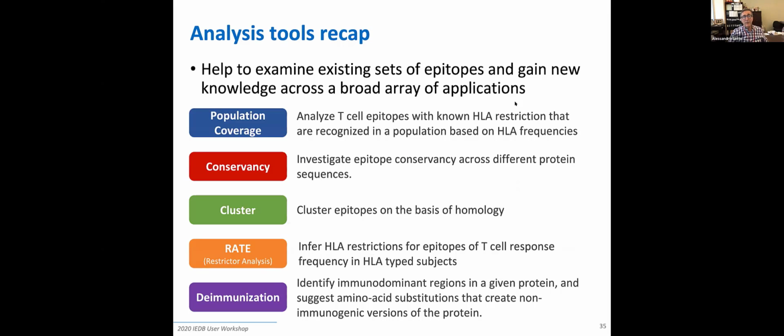So to recap, the different tools that are hosted in the analysis tools: the population coverage tool, that projects what fraction of the individuals of a target population are covered by a test set of epitopes with known HLA responses; the conservancy tool; the clustering tools; the RATE tool that is used to infer HLA restriction; and the deimmunization tool that identifies particular substitutions to reduce binding affinity without altering in a negative fashion the neighboring sequences by creating additional epitopes. And with that, I think